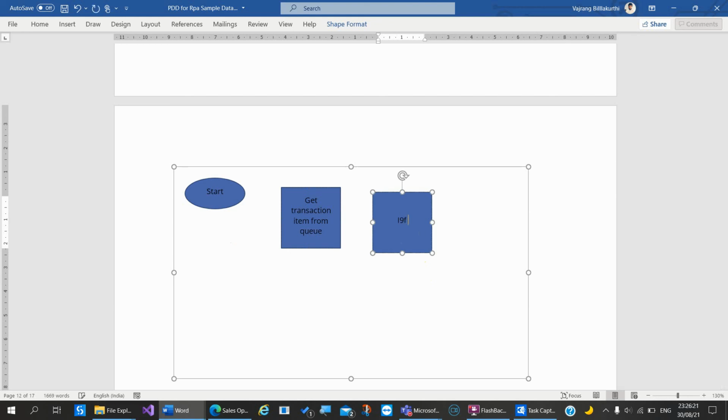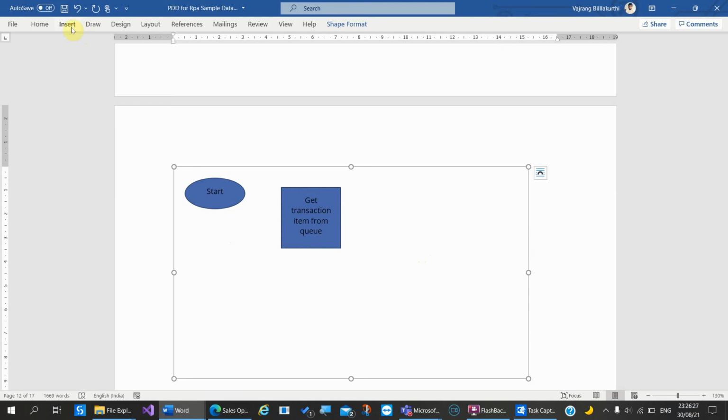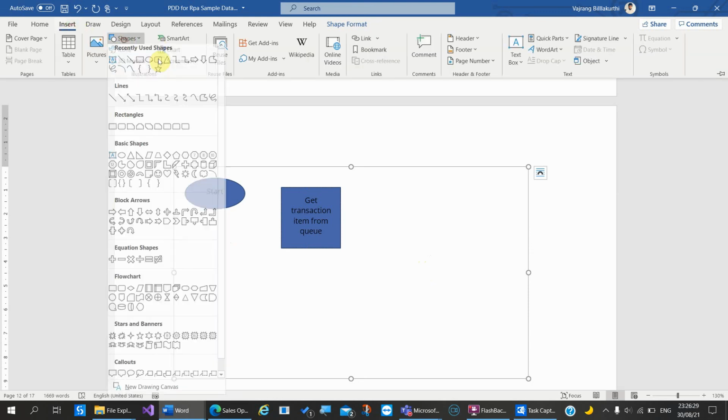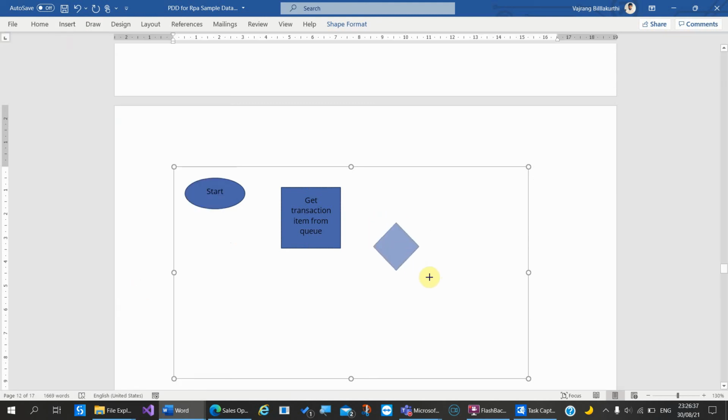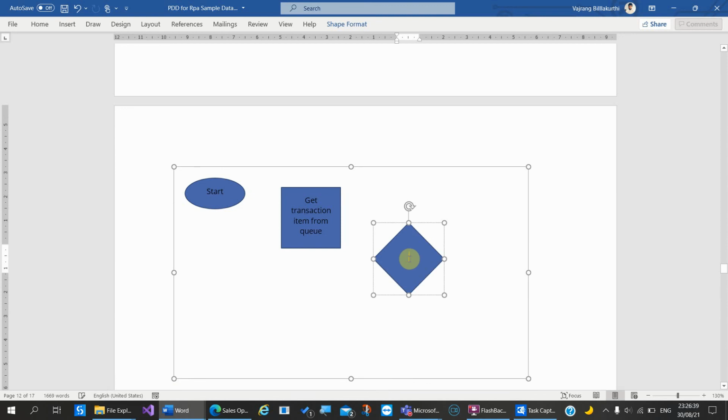If quantity, so here instead of adding this one, I can just remove this and insert something with a rhombus so that I can make it a decision block. If quantity is greater than 5,